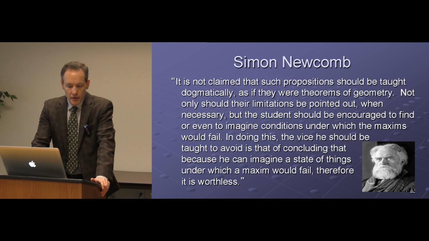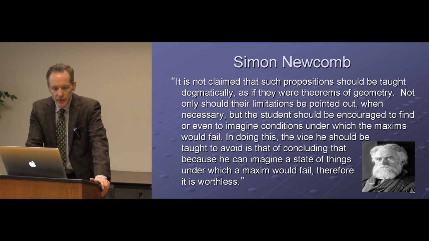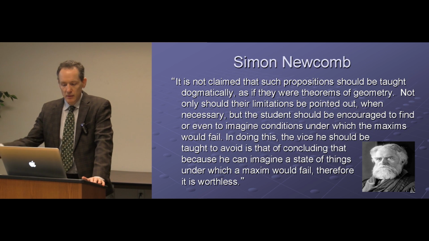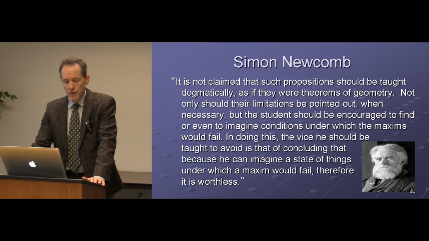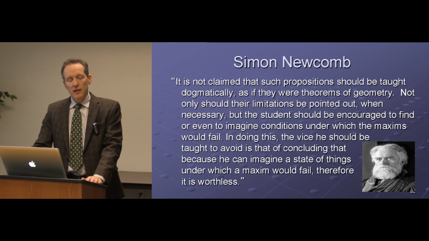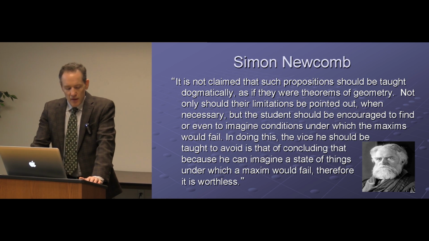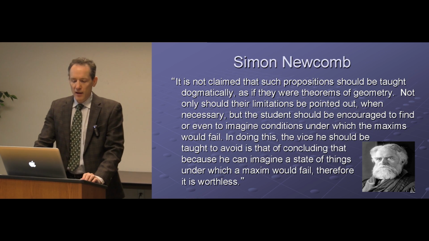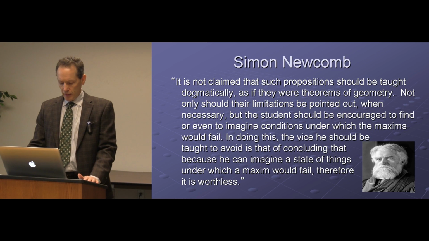This sort of attitude was very typical of the Scottish thinkers. We see it in many of them, not just Hume and Smith, but others as well. And it's very different than a lot of the 20th century thinkers. For example, Mises and Rothbard in economics, and Rothbard in political ethics.